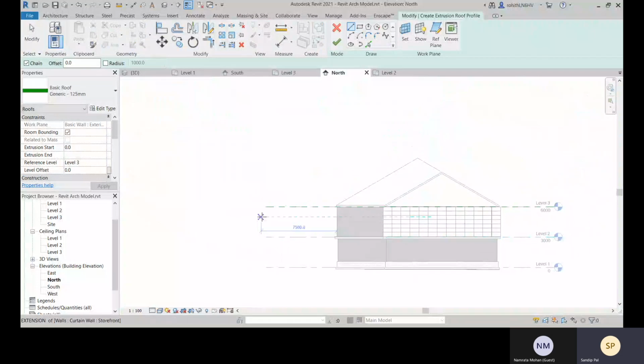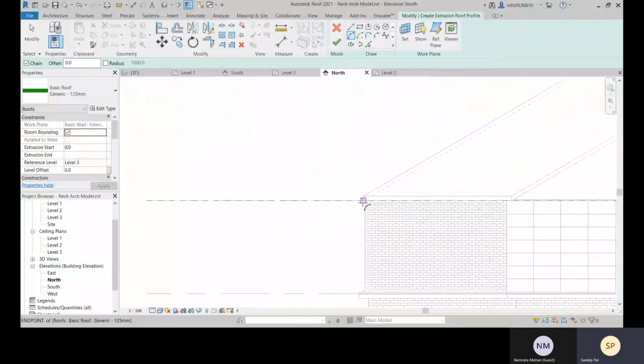And suppose there is an advisor sheet as well. So for that kind of profile, you can go with this roof by extrusion advisor sheet. So for that, let me create one. Go with this start and radius, and let me go with this. Okay.